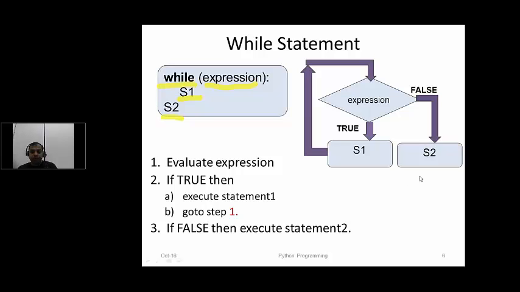Okay. So as Anirudh has asked, can we use for here as well? Yes, we can use for, but that will be covered a bit later. Okay, so